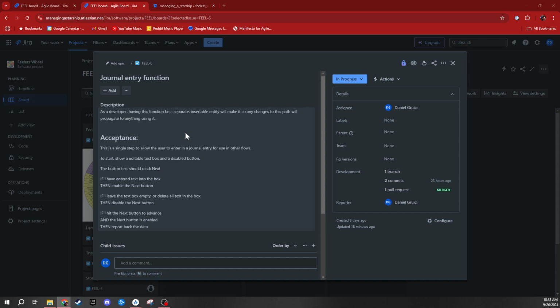So again, we were working on this yesterday, but let's talk about it today. We show the box and the disabled button. Button should read next. So what can we test here? We can actually test quite a few things. Something I'm doing with my test plan that's probably not the best is not splitting it into phases, because what I could see here, in order to hit every section of this, would be to